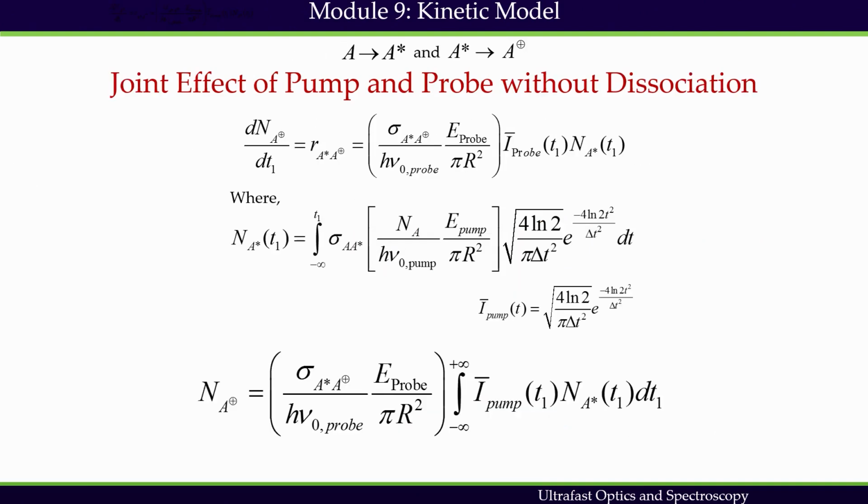Now, we will take a look at the joint action of pump and probe without invoking dissociation. So, our processes are the following. We have pump and then we have probe. We are creating a positive ion. This is the excited state, and we want to find out what happens if we monitor only the ion signal by time of flight mass spectrometer,